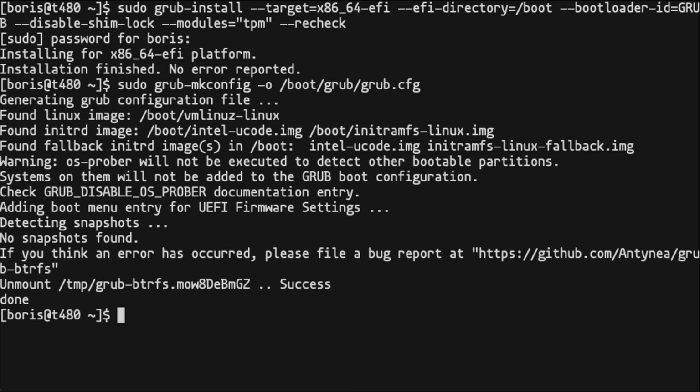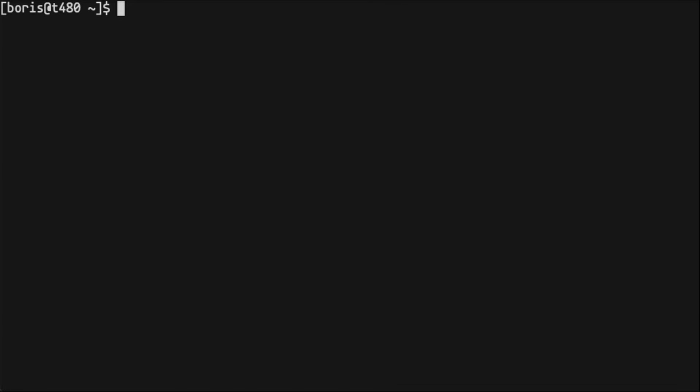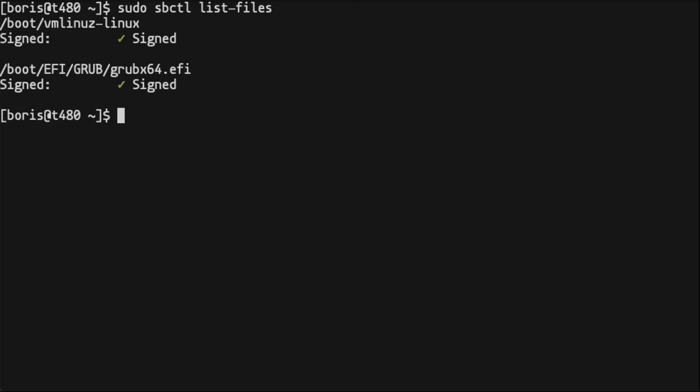/grub/grub.cfg. Now we're in a position where we can sign our GRUB EFI binary. So we can do that with sudo sbctl sign -s, and we're going to point to /boot/EFI/grub/grubx64.efi. Next, what we can do is check that both of those files have been signed. So we can do that with sudo sbctl list-files. Okay, so everything's set up and now we're ready to reboot the machine, go back into the BIOS and enable